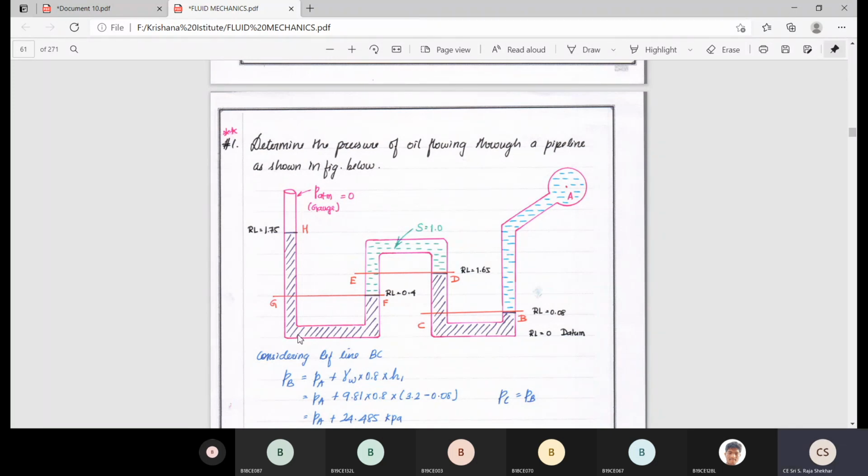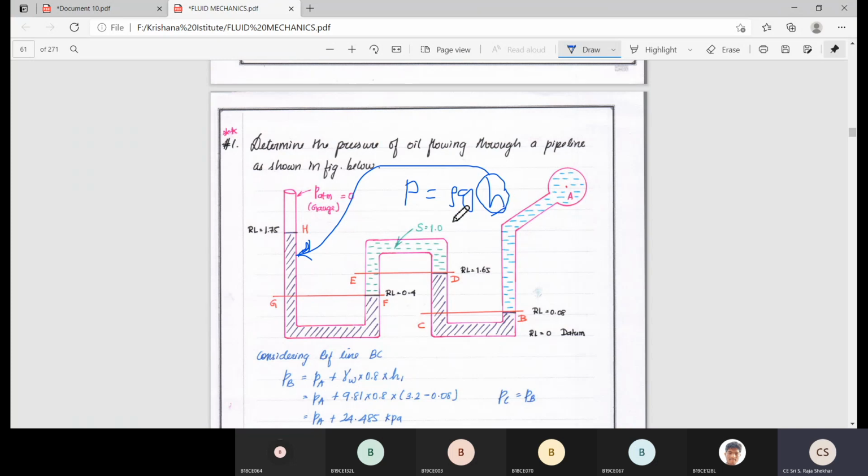So whatever the height raised in the column will be equal to the pressure head in that pipe. So pressure is equal to, we have a formula, P is equal to rho GH. Here this H value, we can read from the piezometer. Okay, so that is the use of the piezometer. We can measure the pressure head.